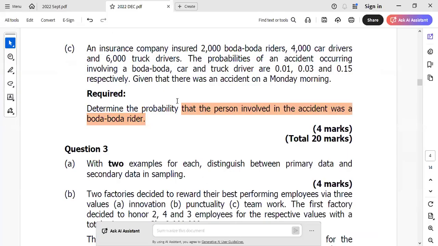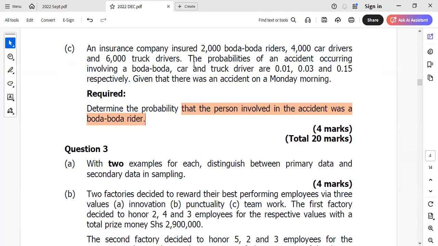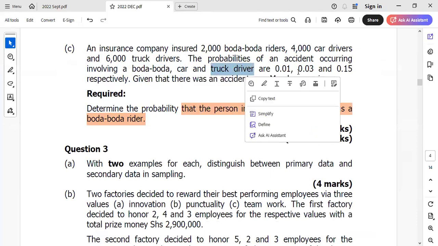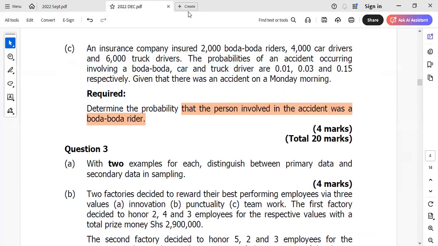That is number 1. Then we are told that the probabilities of an accident occurring involving a border rider, car and truck driver are 0.01, 0.03, and 0.15 respectively. So these are probabilities. Now, after defining your events,